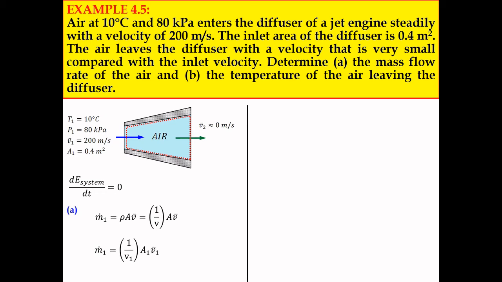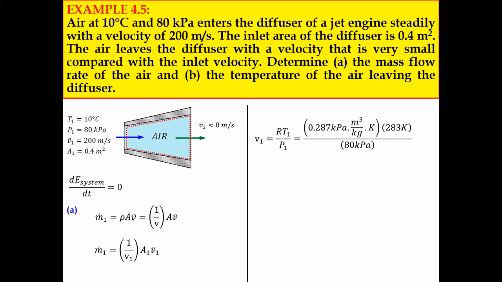Okay, so based on this final equation for the mass flow rate m1 dot, we already have the value for A1 and also the value of V1 bar. The remaining term that we don't have is the specific volume V1. So now we need to find the value of V1 before we get the answer for m1 dot. We can use the ideal gas equation, PV equal to mRT. Rearranging the equation, V1, the specific volume at the inlet, equals R, the gas constant, multiplied by T1